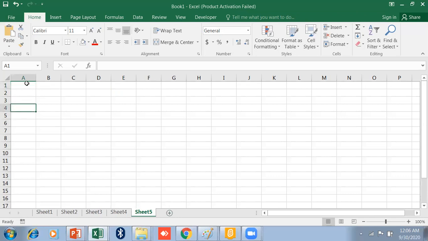See, whenever you just click on it, it will show Enter. If I double click on it, it will show you the Enter mode. Now if you click right like this, it will show you the Ready mode. So these are the modes.